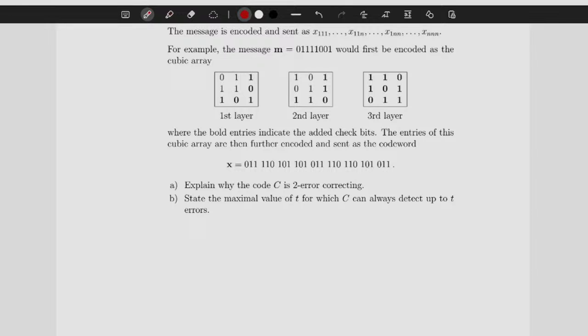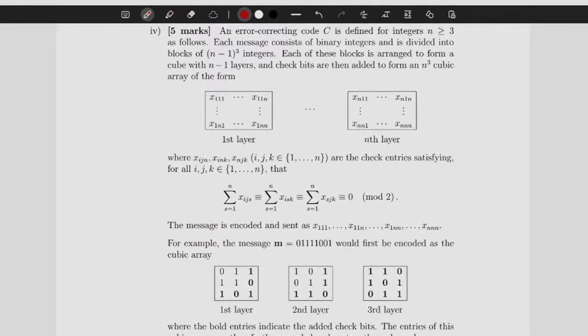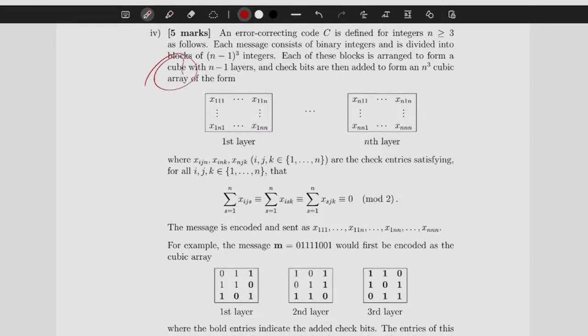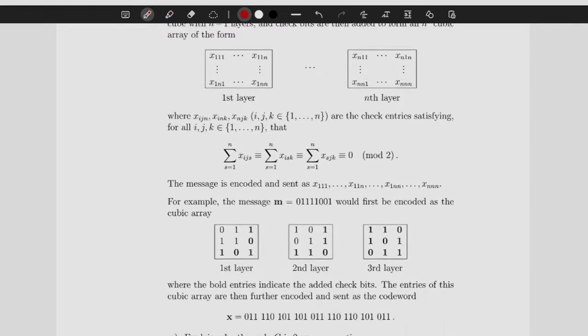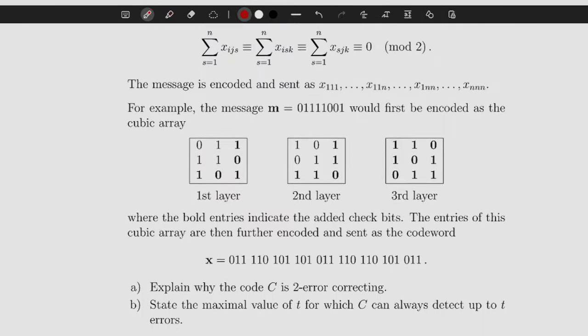So we have a 3D plane here. We have a message that can be encoded through a cube with n-1 layers, and the check bits form the n cubed. So hopefully you guys can see where I was trying to get through with the 2D example. But essentially here, they give us an example of what it's like to encode a message. Very, very helpful. But if you guys are a little bit confused on where these numbers come from, it's 0, 1, 1, 0, and then we're looking at this side, so 1, 0, 0, 1, right? Just to help us understand how the encoding works a little bit further, right?